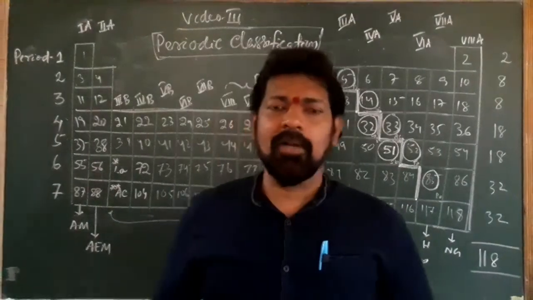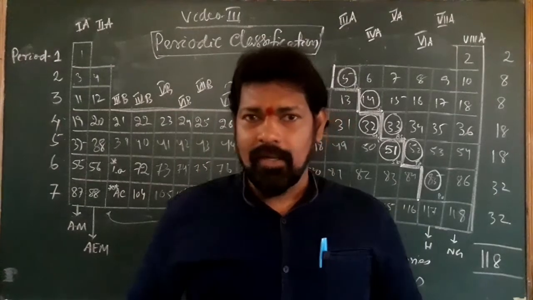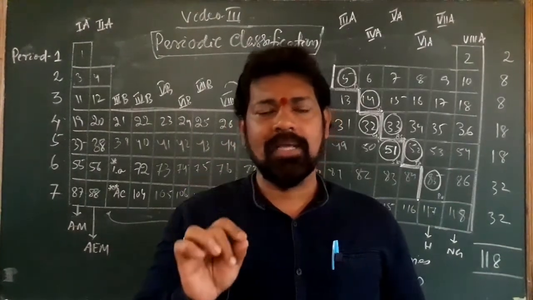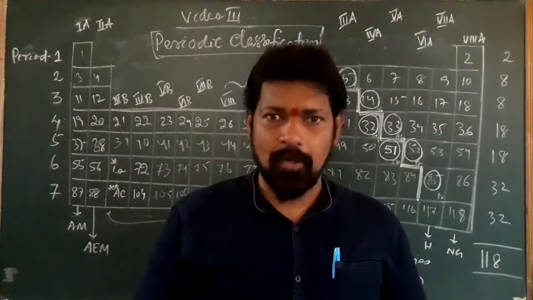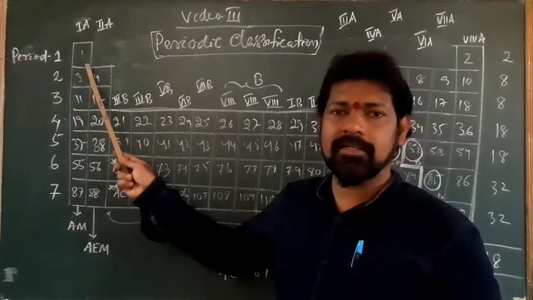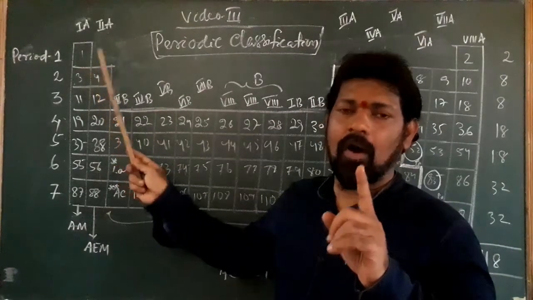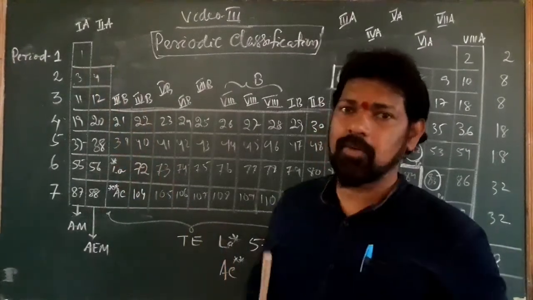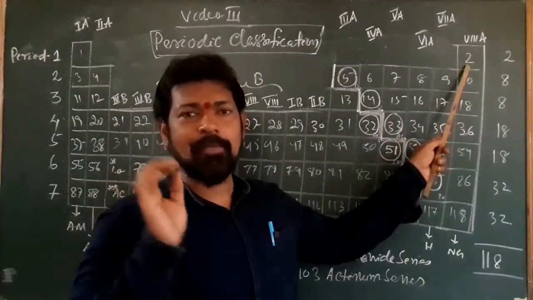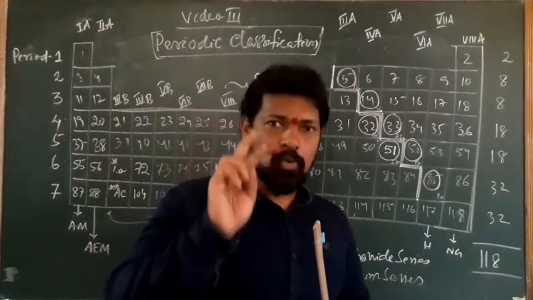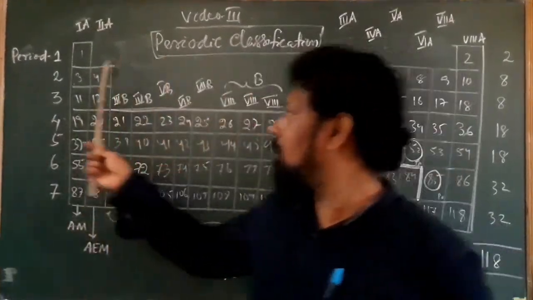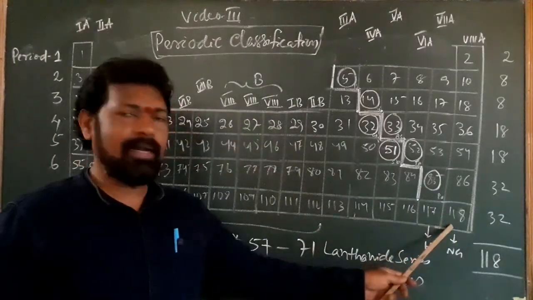So here in this table I have simply written the number of protons, and this number of protons present in the nucleus of an element is also known as the atomic number. I mean to say, the element which has atomic number 1, or 1 proton in its nucleus, is kept here. This 2 represents that its atomic number is 2, or there are 2 protons in the nucleus of that element. This way we have arranged all of them, starting from 1 to 118.